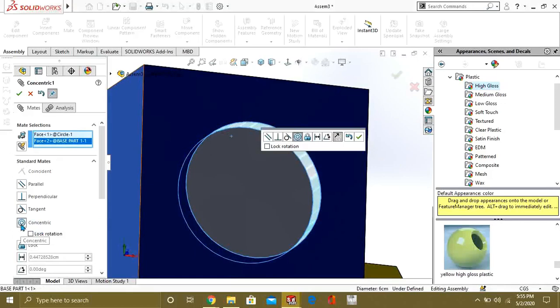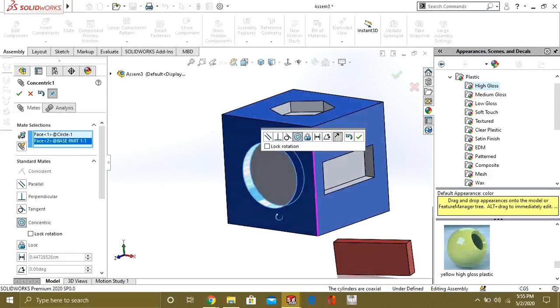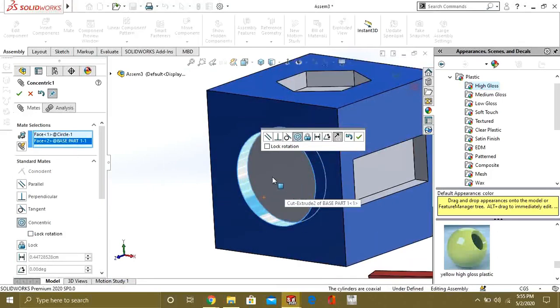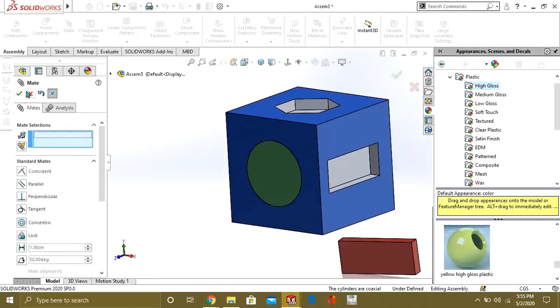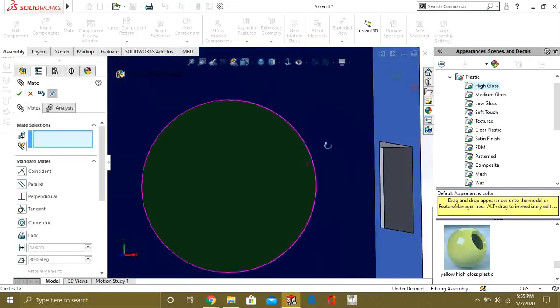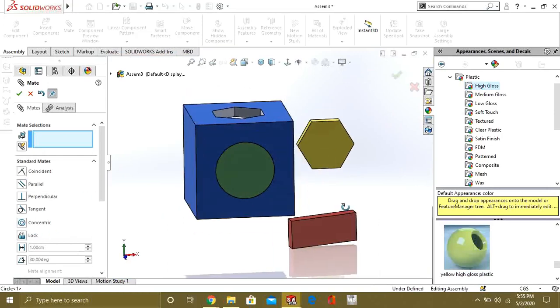So you can see that they are concentric to each other. Concentric means that the center axes of both circles are aligned. Select OK. Now you can see that it is fitted in this box. So this was our coincident and concentric mate.